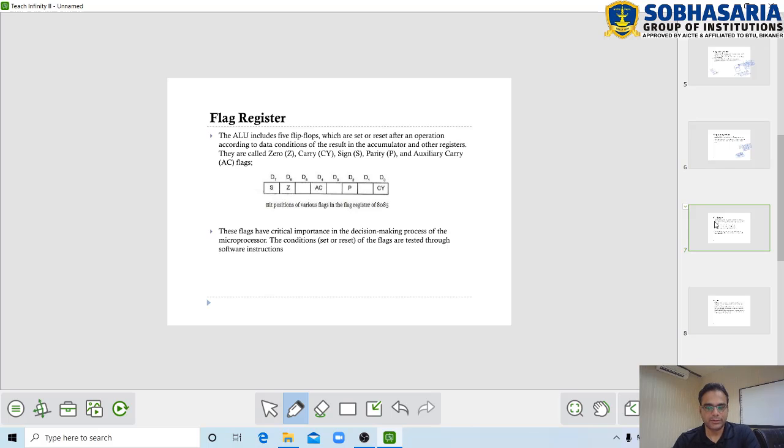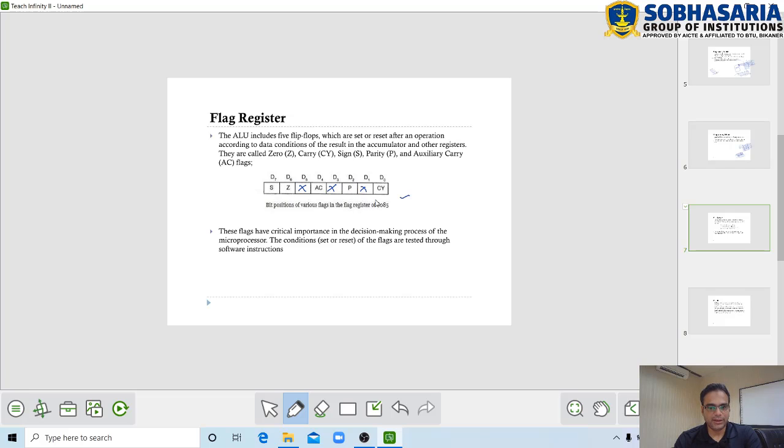Coming next to another important register, the flag register. This is how a flag register looks, which has 8 bits, but there are a few bits which are not defined or not used. Apart from these 3 bits which are not used, there are 5 bits which have a certain meaning, and this register tells us about the quality of the result.